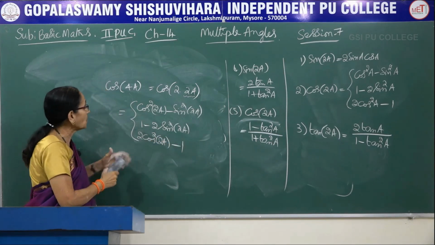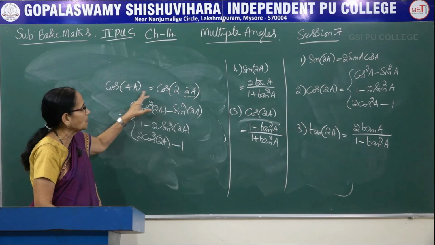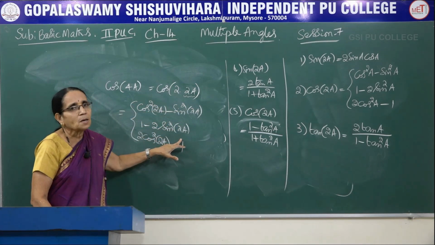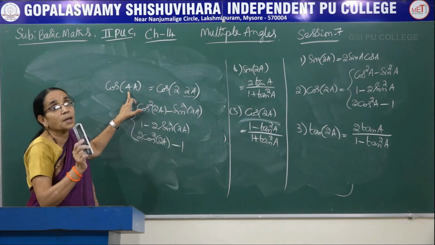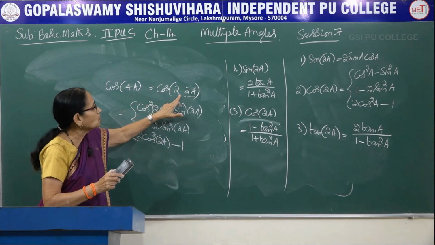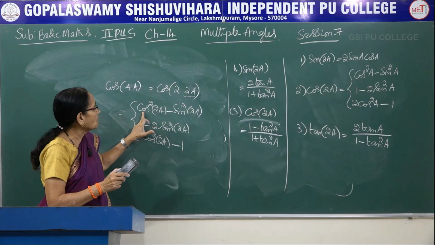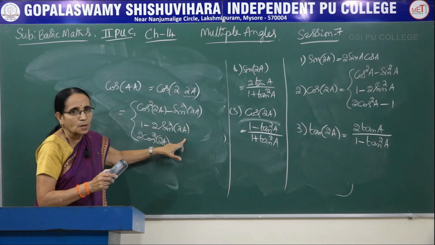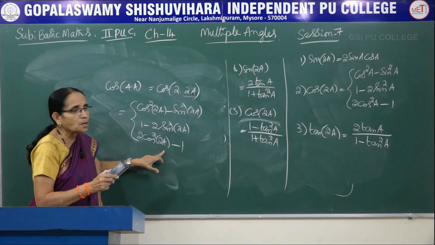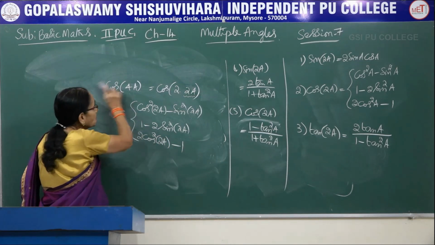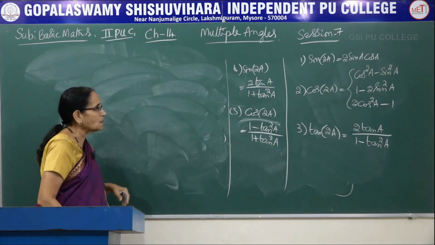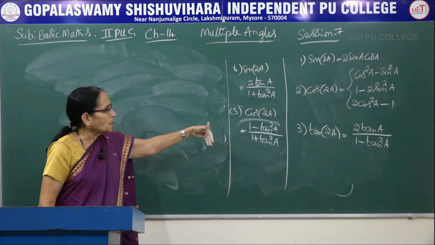So, whatever may be the value. Suppose it is 6a I am having, 2 into 3a. So, wherever 2a is there, it will be replaced by 3a. Suppose I am having 50a, 2 into 25a. So, here cos square 25a, sin square 25a. 1 minus 2 sin square 25a. 2 cos square 25a minus 1. Like that, any even number, you can write it as 2 into that number, and using the formula,